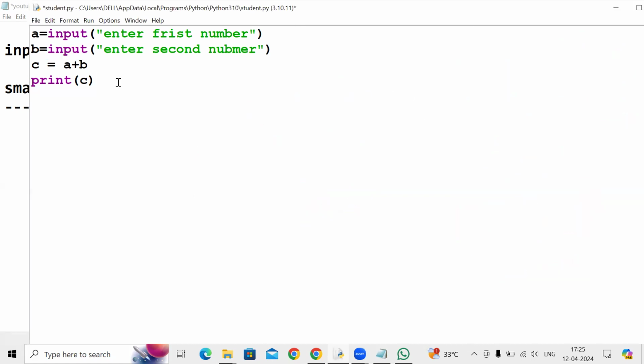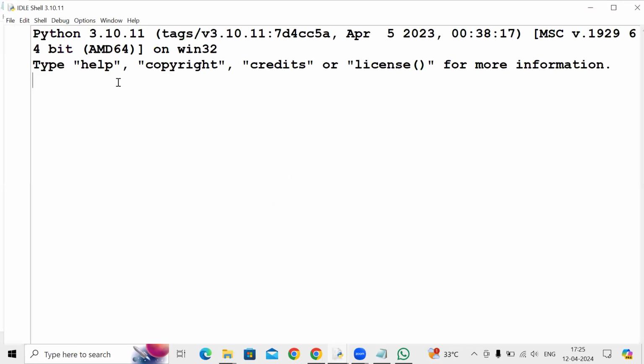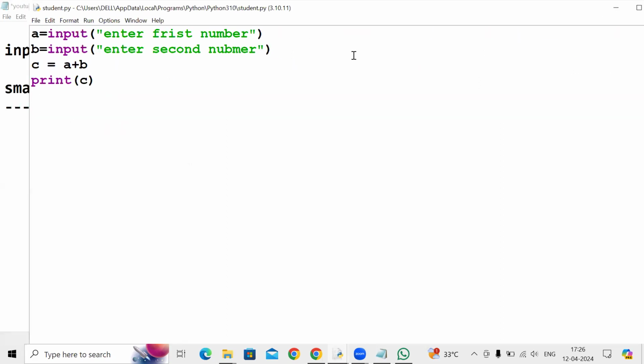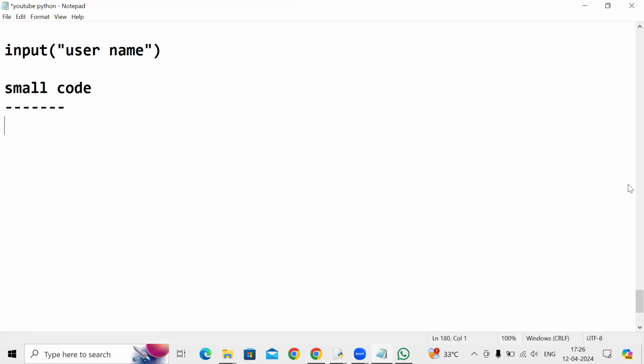Now I will show you the output. See, guys, it is asking to enter the first number. I am entering the value 10. Again it asks for the second number. I am entering the value 20. It gave 1020. Here, why I showed this example is that we have to understand